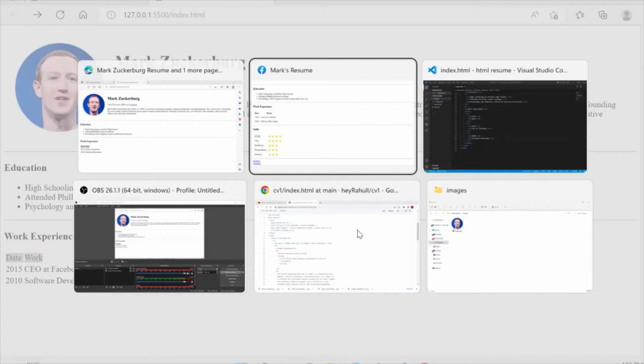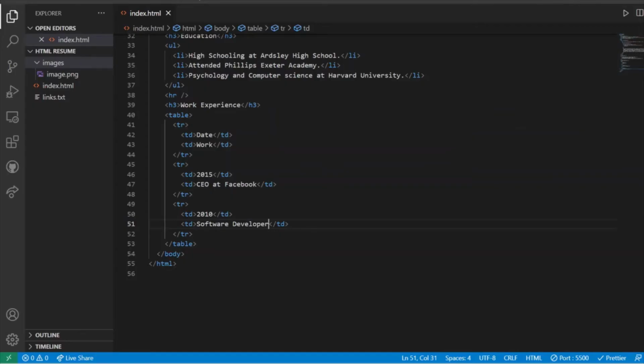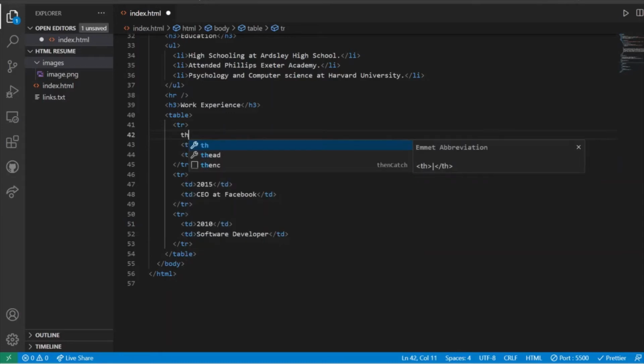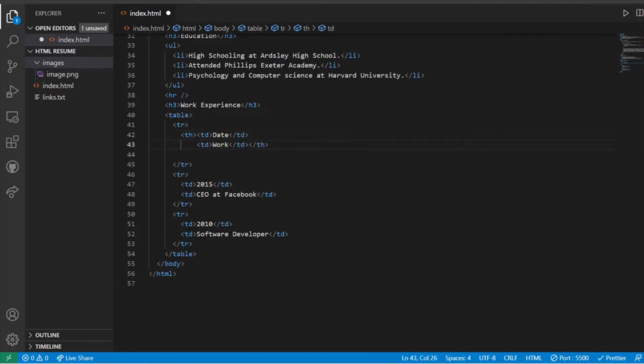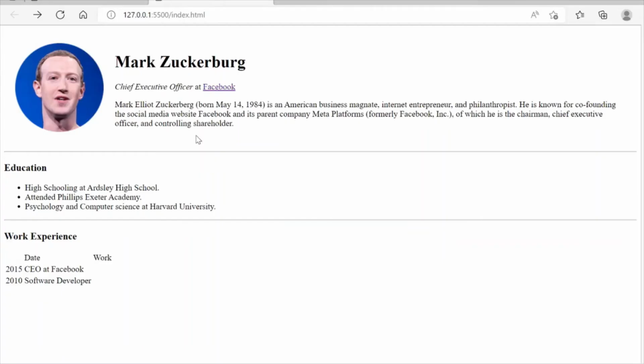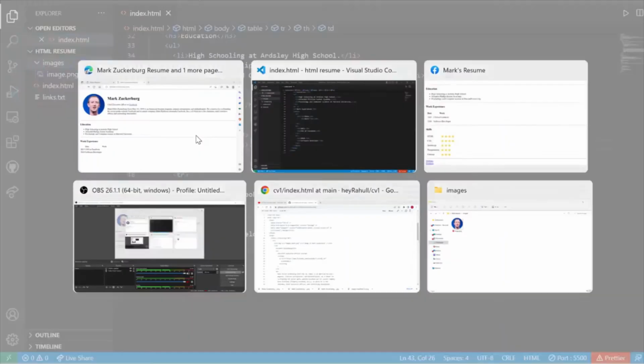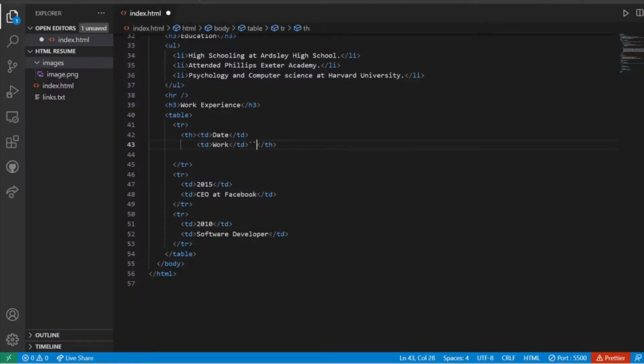So for that what we are going to do is we are going to include it under TH. So instead of table data, I am going to include these two things in table head. So I am going to remove these table data tags.